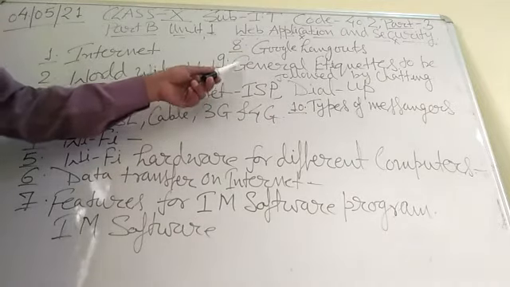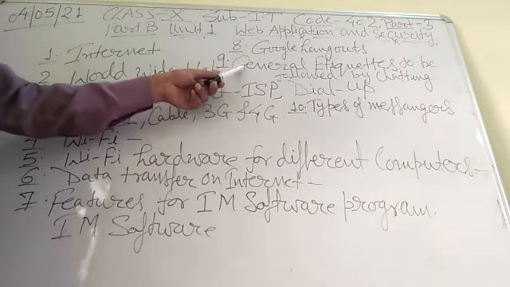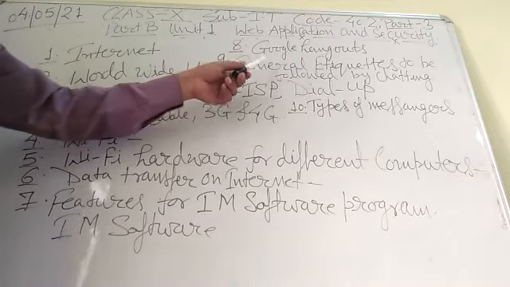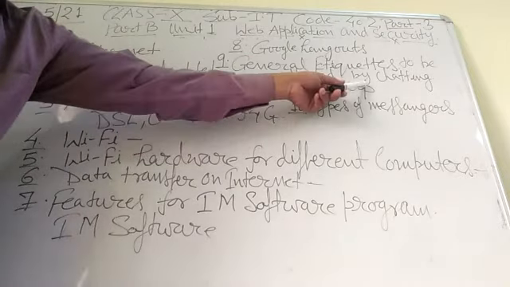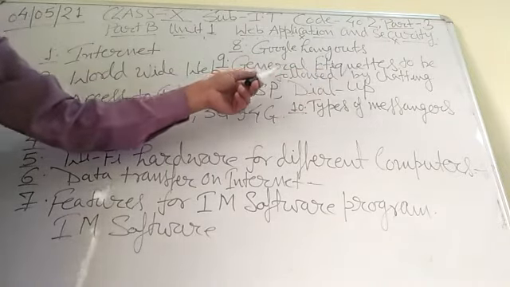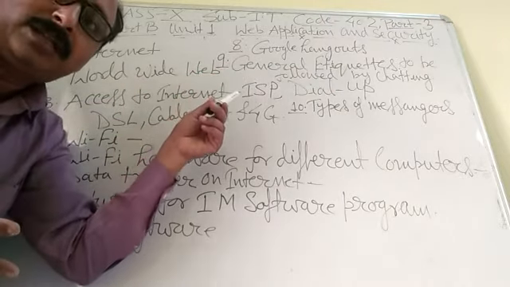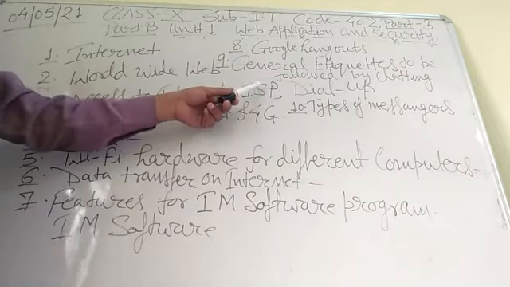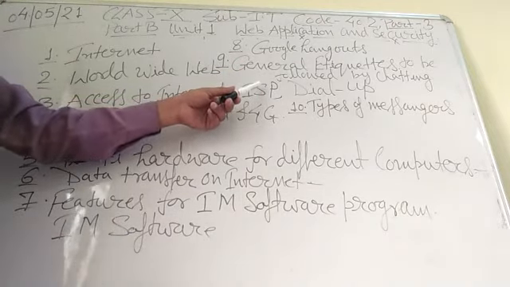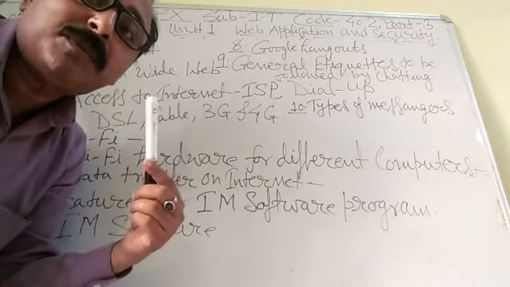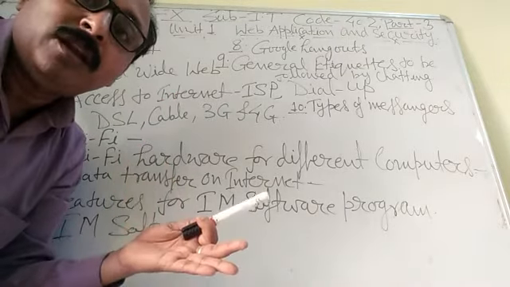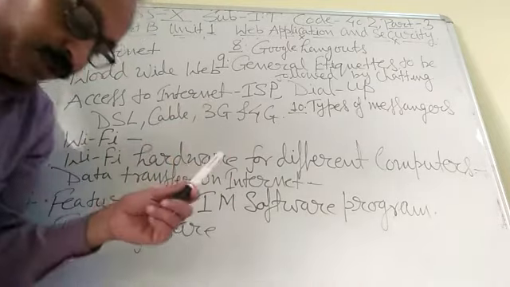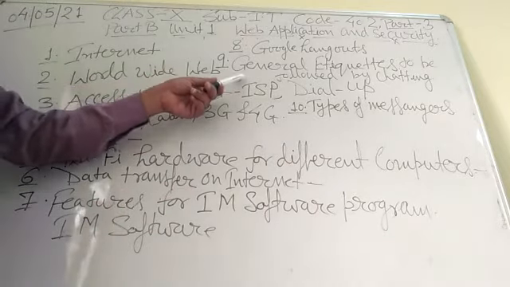Now next I am going to discuss the general rules and etiquettes to be followed while chatting. When we are chatting from one person to another person, we should follow some rules. What are the rules? First is being familiar with a person. When we want to communicate with another person, we should know them very well, and that person should also know us well. So, familiar with the person.